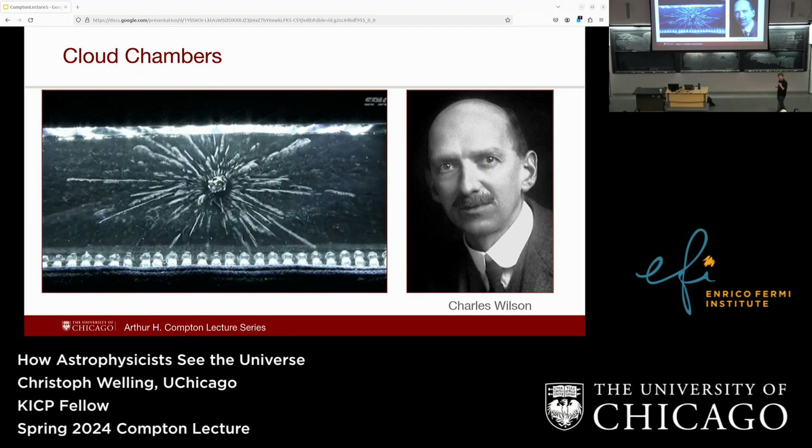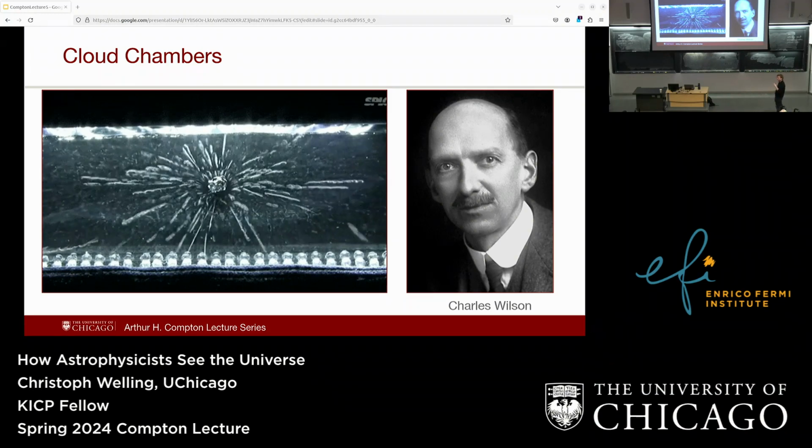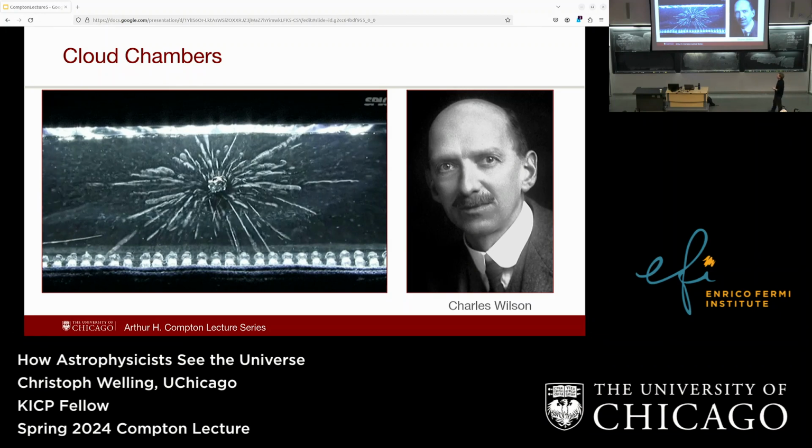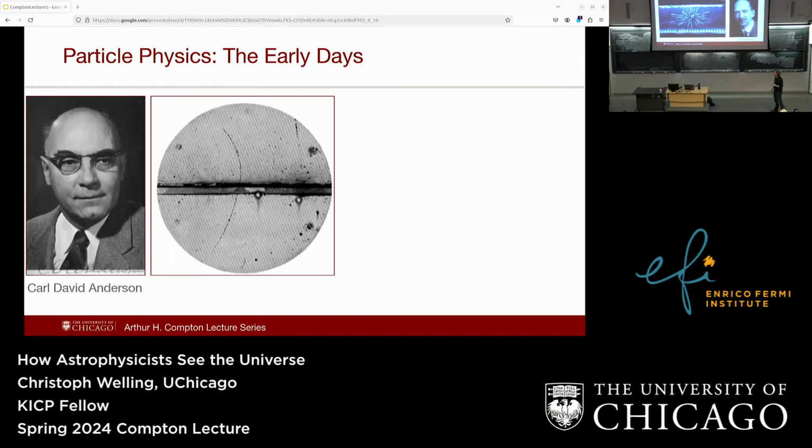And now you cannot just measure the absolute or the average radiation anywhere, but you can see individual particles moving through there. And this was actually really important for the early days of particle physics, because this was before particle accelerators were really invented, so you had to use cosmic rays, which came for free. And this was also at the time when quantum mechanics was starting to get figured out. And one physicist, Paul Dirac, came up with an equation that seemed to work really well.